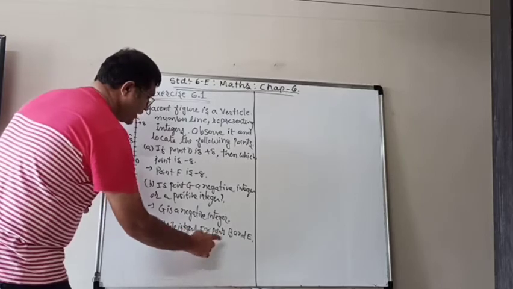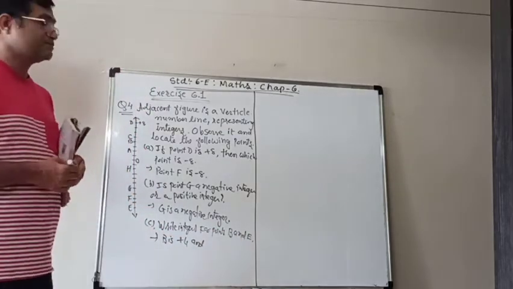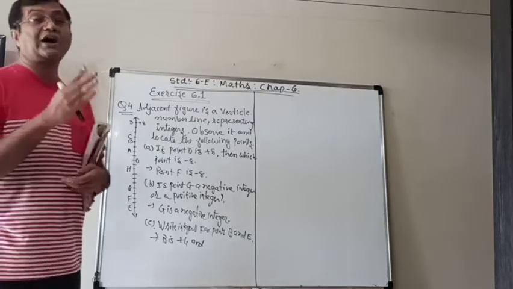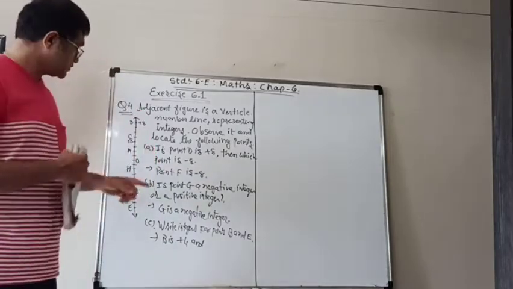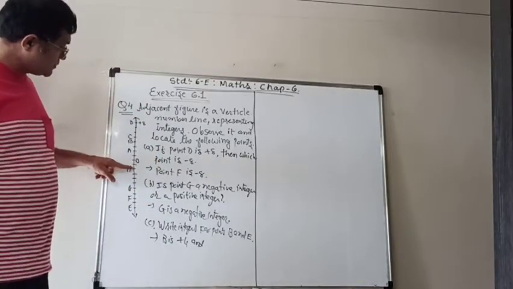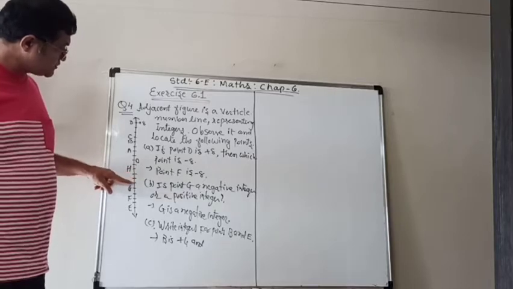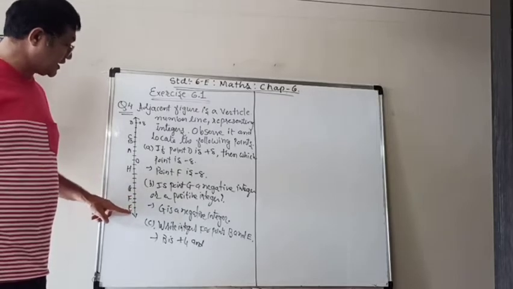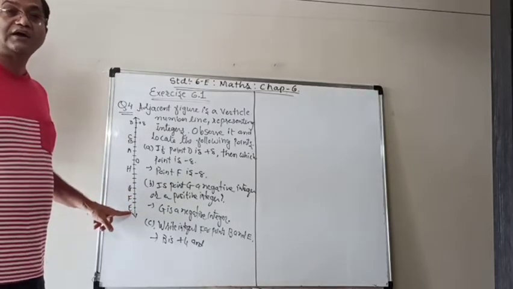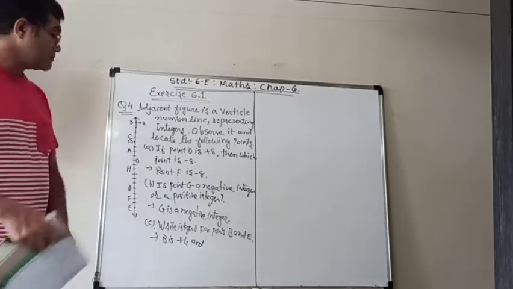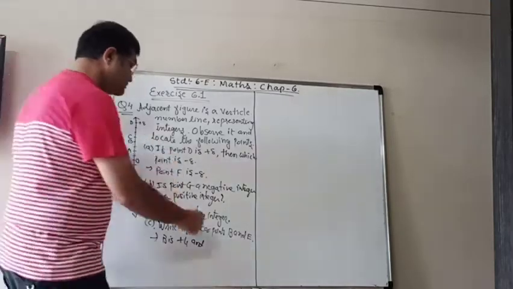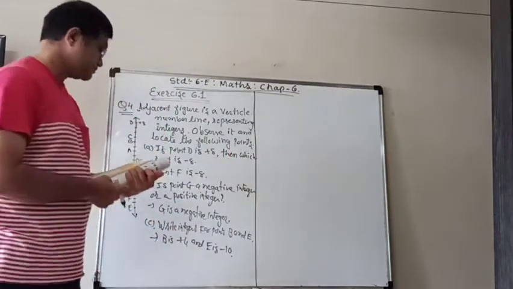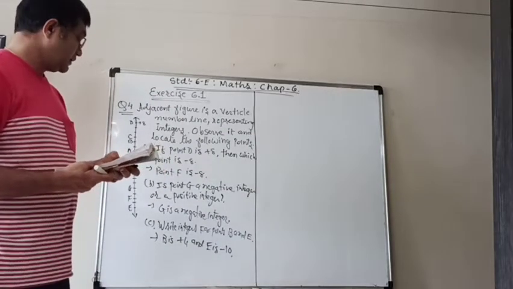And now we have to check what E is. E is downward, so it will have a negative sign. Just check how many steps away from 0. So here is 0. Count 1, 2, 3, 4, 5, 6, 7, 8, 9 and 10. It is 10 steps away from 0 downwards. So it will take a minus sign. So E is minus 10. Very simple.